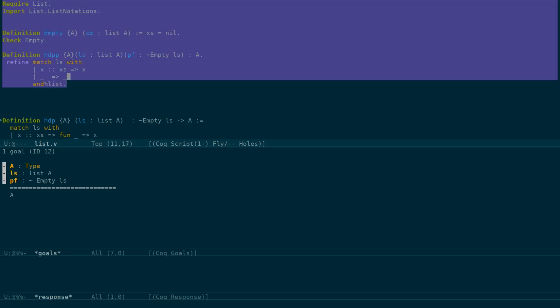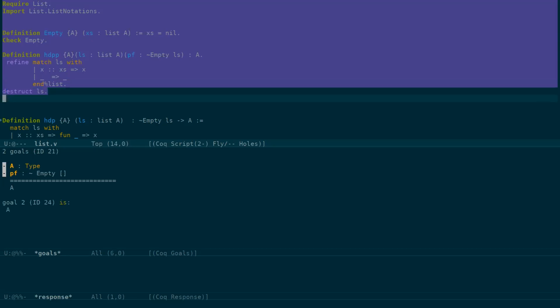At this point, I need to provide an element of type A. I have with me a proof that A is not empty. Okay, that's all I have. And I have LS. Let me do a destruct here. Okay, so I have a proof of not of empty of empty list. That's the first proof. And the second proof is